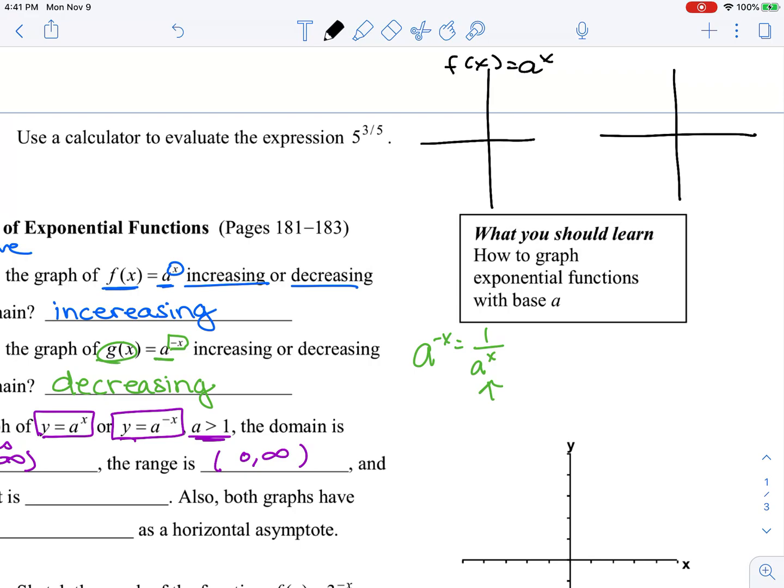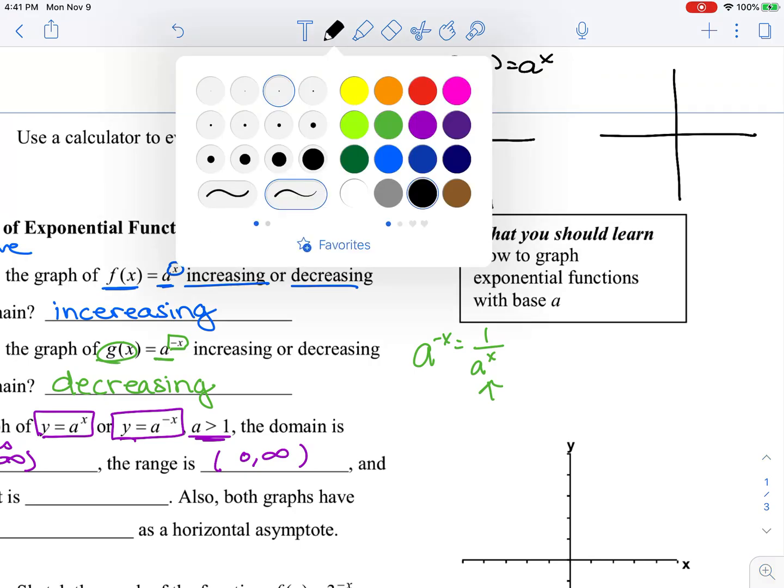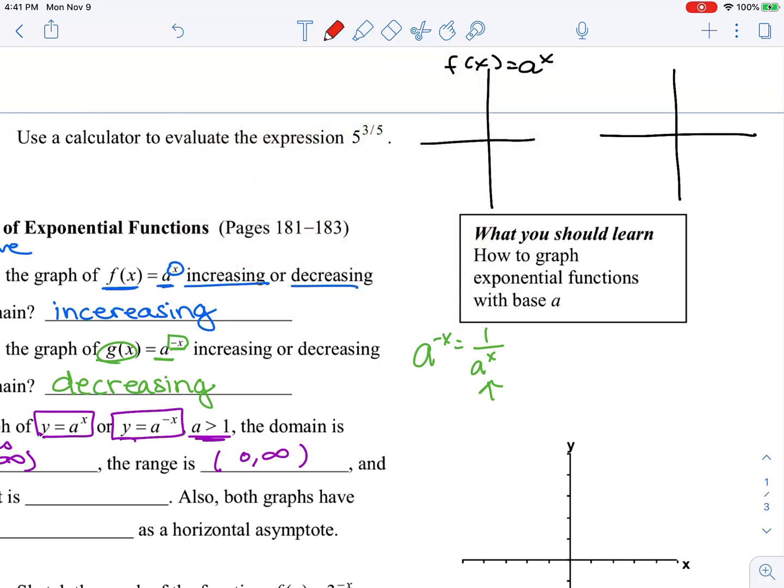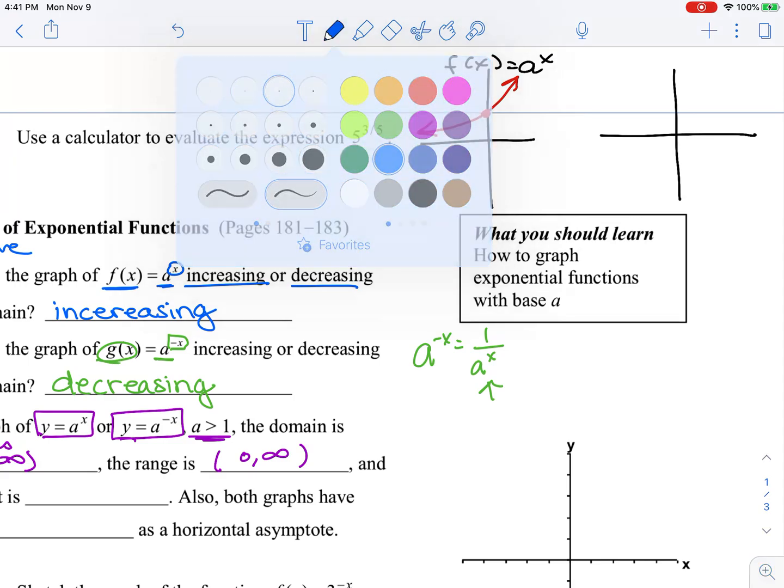So if I've got f of x equals a to the x, the graph of that, remember, anything to the 0 power is 1. So a to the 0 would be 1. And as x gets bigger, it's going to be growing like this. And as x gets smaller, it's going to go closer and closer to 0. And then for